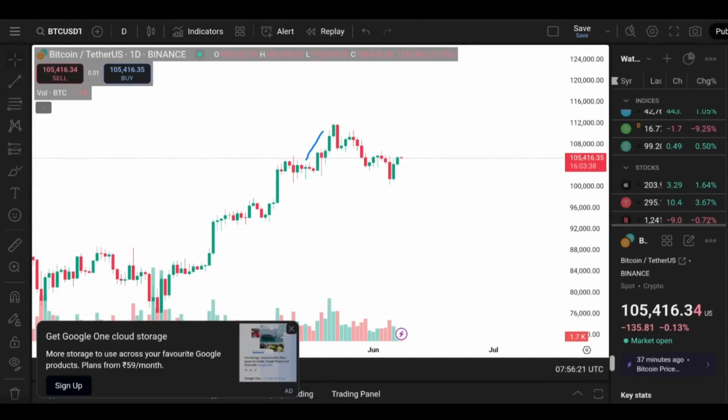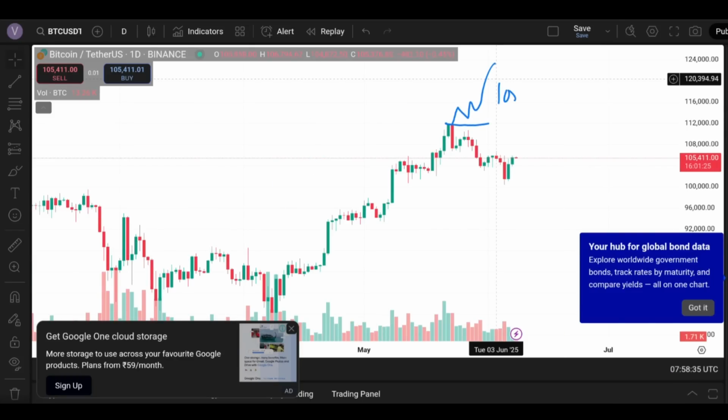Okay, now what is this liquidation heat map and how does it work? Let's assume that Bitcoin is pumping and it has touched $1,12,000. Usually when Bitcoin is pumping like this, the majority of people will go long. So they'll buy here and go long at $1,12,000. And let's assume that their liquidation point is at $1,05,000. Hundreds of thousands of people would have taken longs in this $1,12,000 range. So if the price comes down to the $1,05,000 zone, then all these people's positions will get liquidated and they'll become